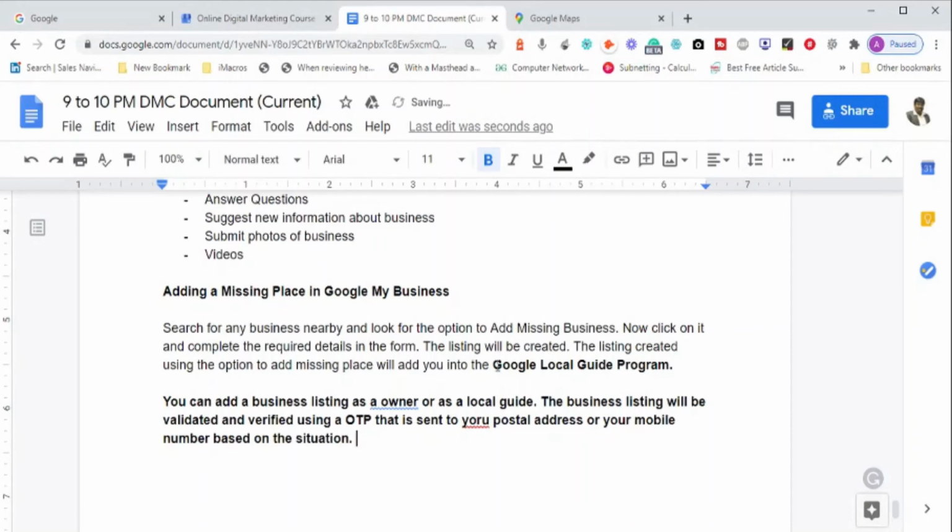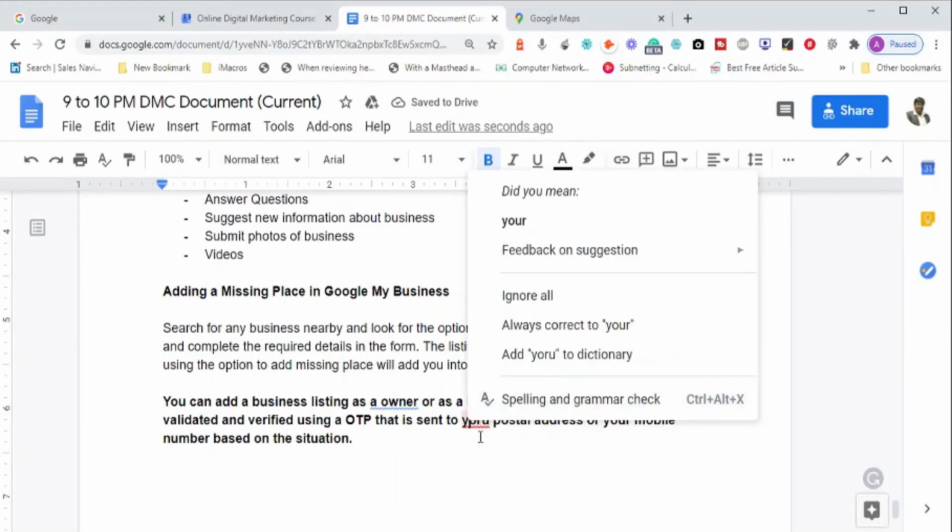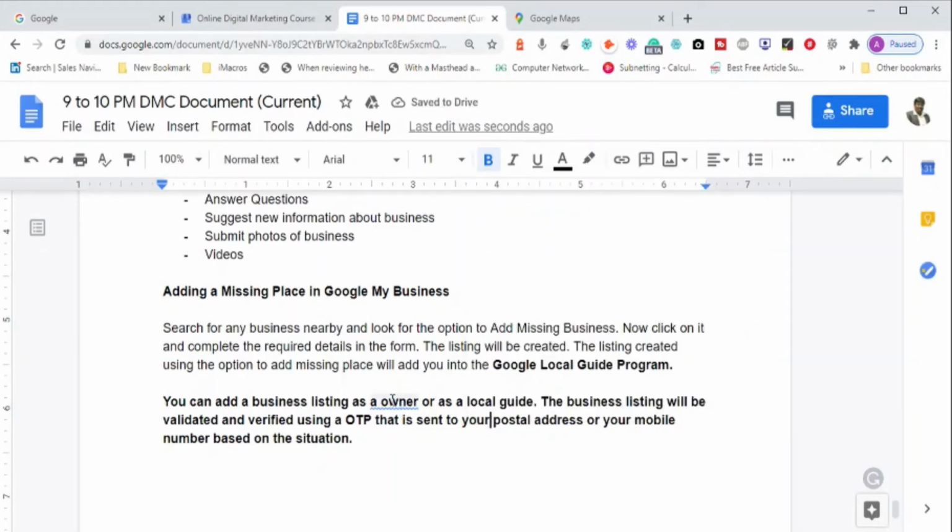Sometimes they may send an OTP to your mobile number. Sometimes they may send a one-time password to your physical address. A postal code will be sent to you.